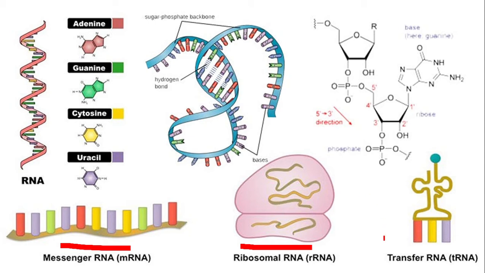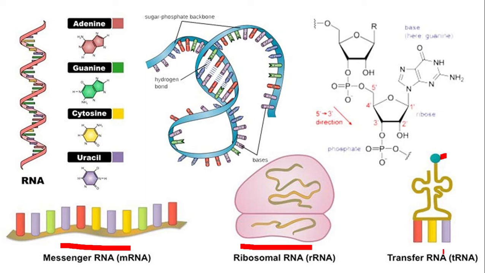And a transfer RNA. This is the transfer RNA. This transfer RNA is carrying an amino acid here. What you see here is the amino acid. And it is responsible for transport of the amino acid towards the ribosomes. Actually, it has one more function: to identify the nucleotide sequence on the messenger RNA.